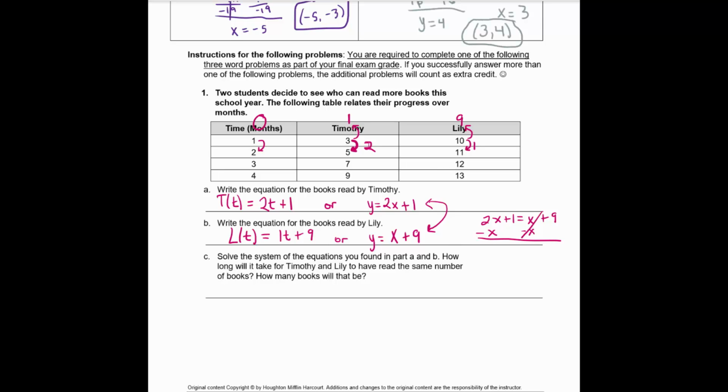I love using elimination. It is definitely my favorite, but if they're both equal to y and I don't want to graph because there's not fractions, then I'm totally going to use substitution every single time. So x is 8, or maybe it would have been better to use the t's so I would know that I'm talking about time. So when it's a word problem, you should answer with words. It takes 8 months for them to both read